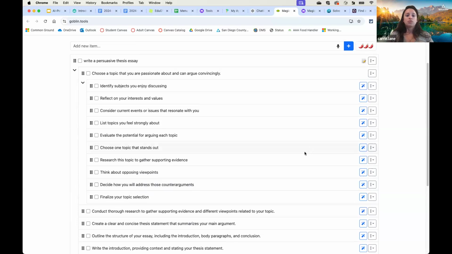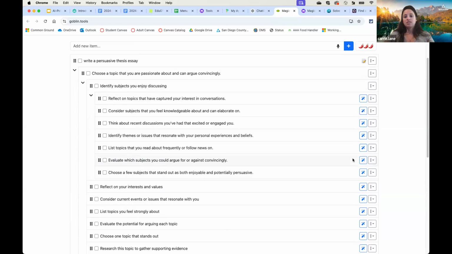So if you have a student who really needs small items to work on, they can keep breaking it down. If you have a student who just needs an overview of what they need to do, they can just look at an overview. And so I think this is a useful tool because it doesn't do the work for students. And a lot of the times we're worried that AI is going to take away skills and that it's going to do the work for students.